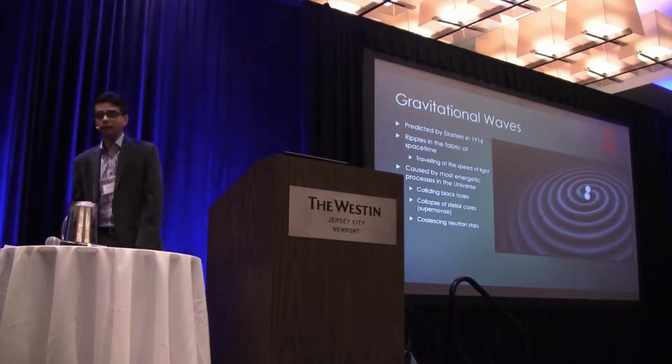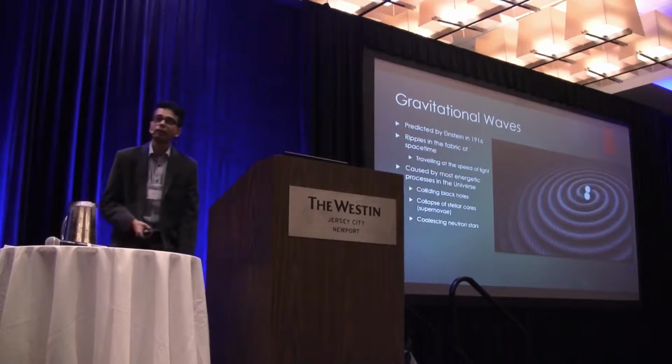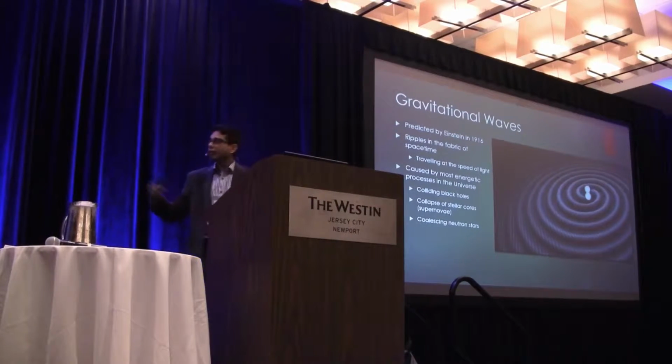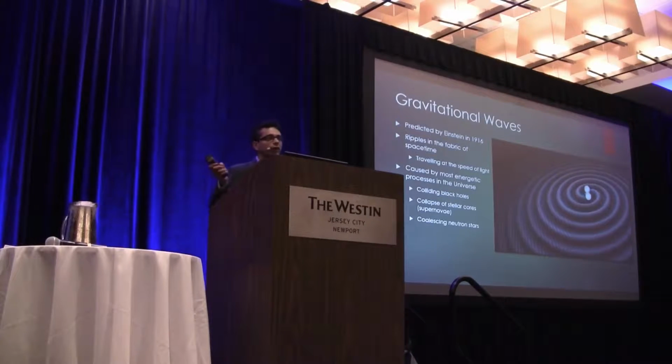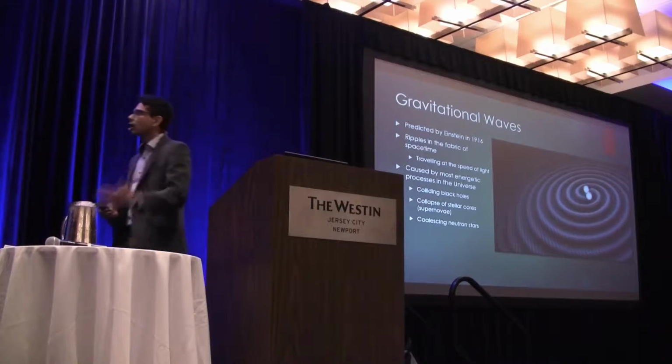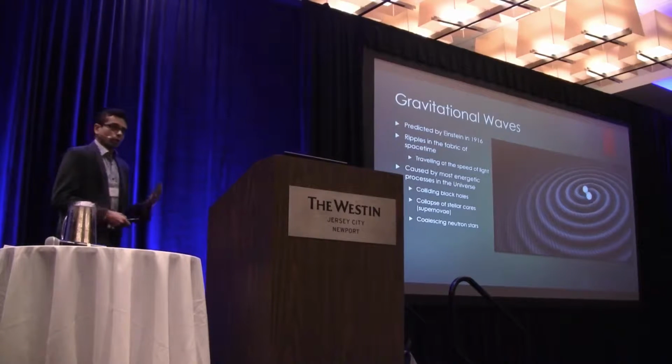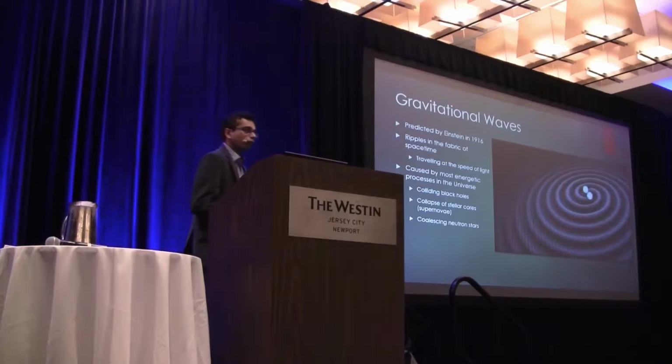The problem, however, is that gravity couples very, very weakly with mass. So just by moving my hand over here, I'm producing gravitational waves which are going across the hall. But those gravitational waves are going to be extremely tiny, and there is no way we are going to detect those gravitational waves in the foreseeable future. So the gravitational waves that we are looking for are the ones which are extremely strong.